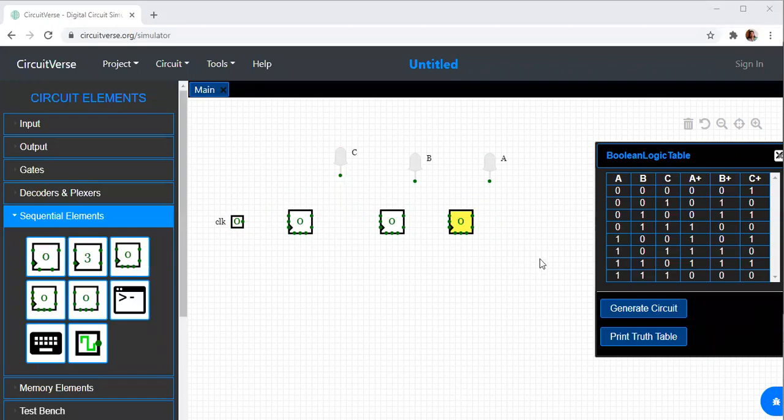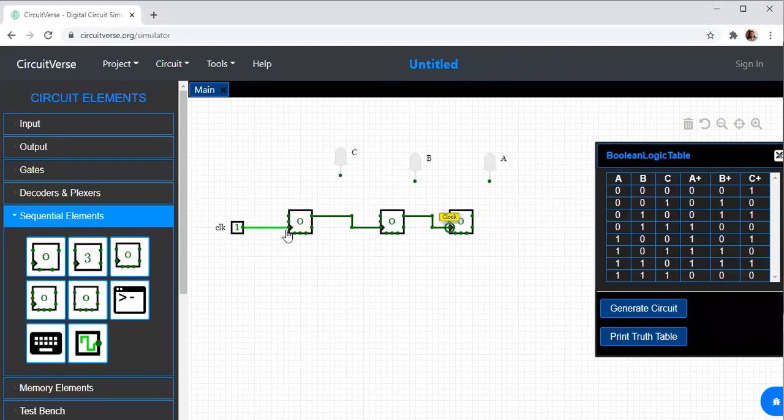Okay. Now let us design a ripple up counter using JK flip-flops. So I have JK flip-flop, JK flip-flop, JK flip-flop. I'll give the clock over here. Q is connected as clock. I'm connecting Q as clock, and I'm connecting Q as clock. And let me see what is happening.